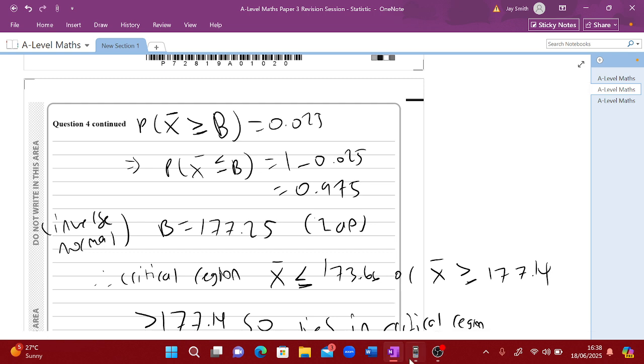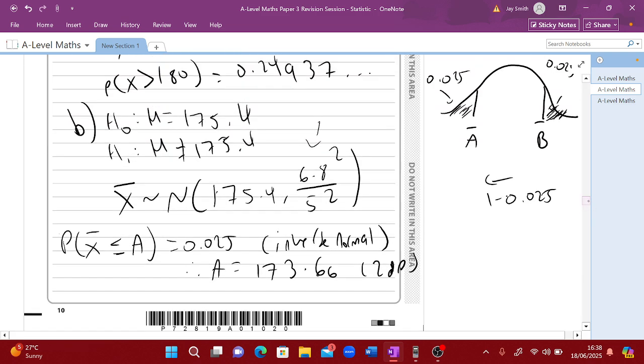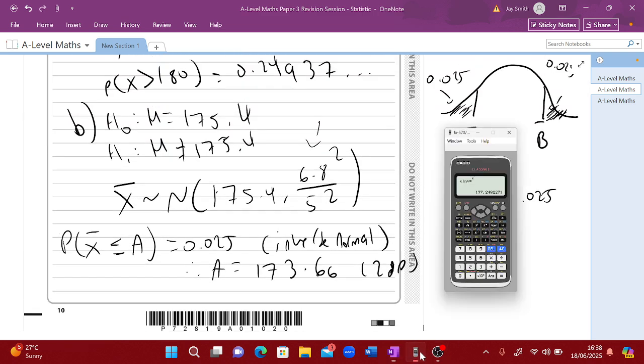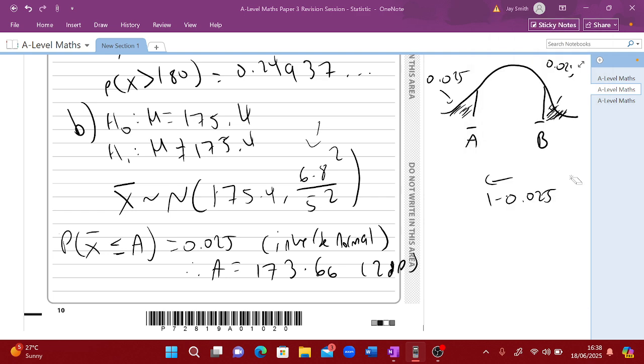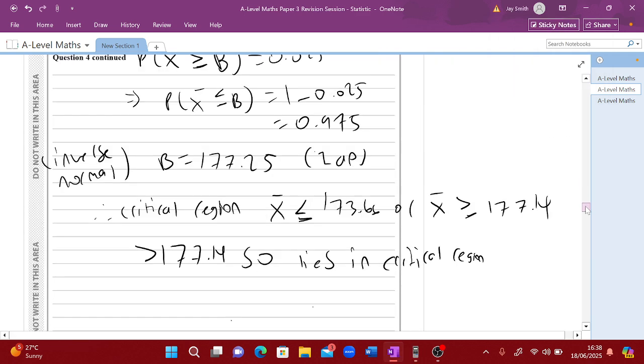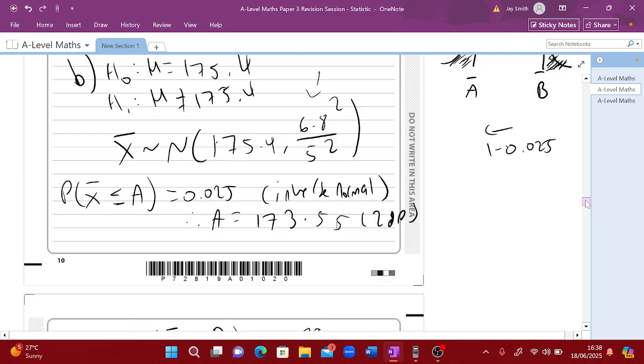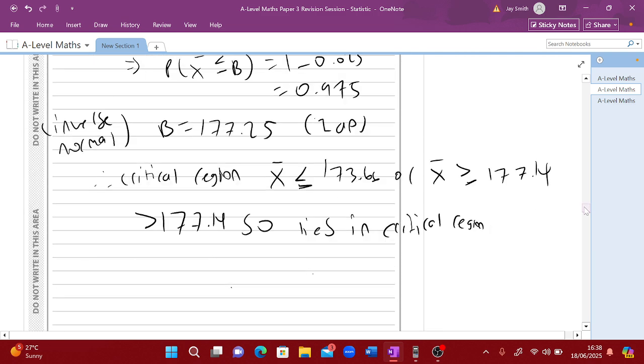Okay, so 2 decimal places, and then I'm going to do A again. So now instead of the area of 0.975, it's going to be 0.025. So that's going to be 173.55. Okay, there we go. So now our new critical value is 173.55